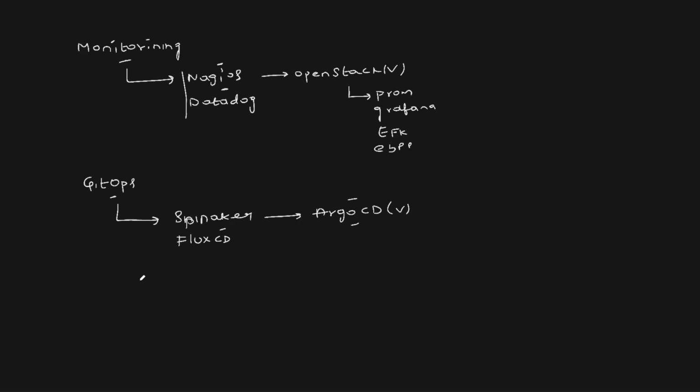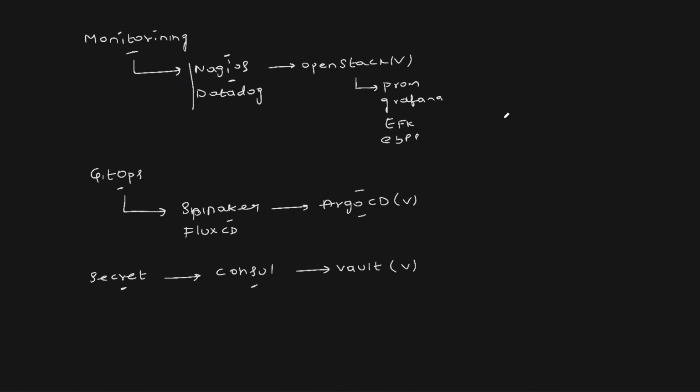And secrets management, this has become important in the DevSecOps space. In secrets management, HashiCorp Consul used to be a very popular solution. Still a lot of people learn it, but do not go with solutions like Consul. Instead, go with solutions like HashiCorp Vault. Very simple implementation. The secrets discovery is also very easy. So go with Vault. Let me quickly summarize.